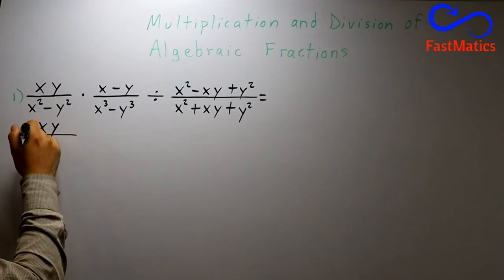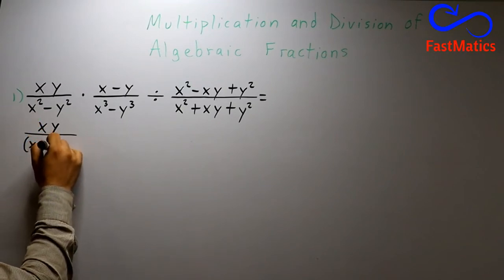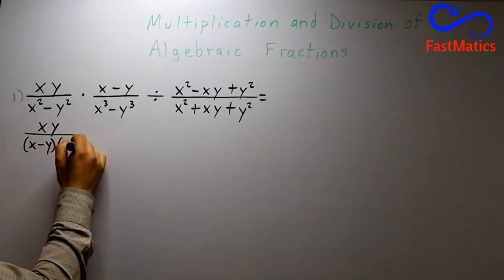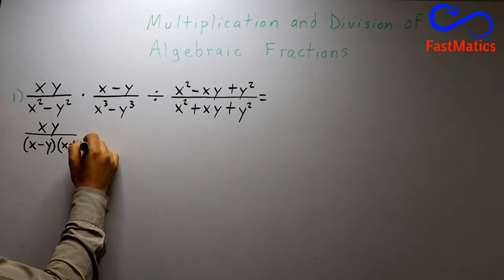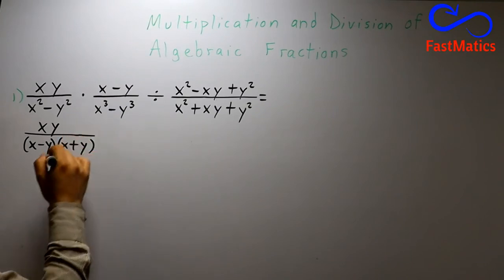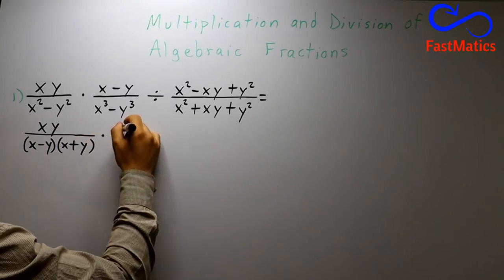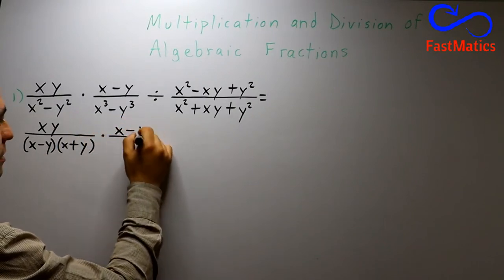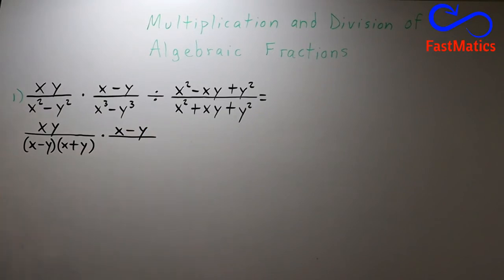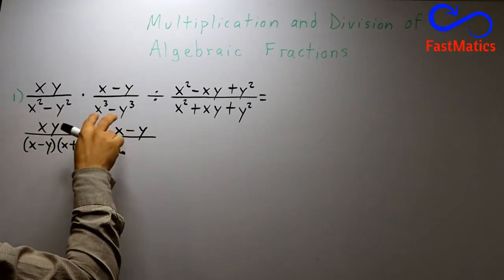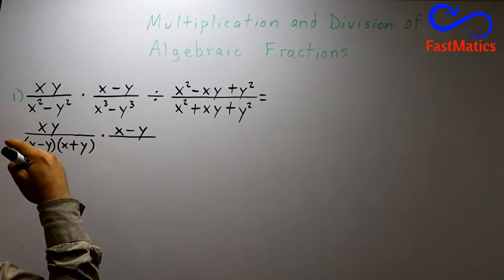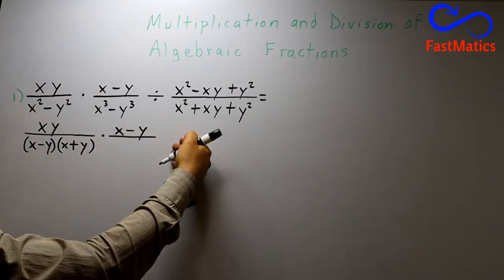So we take the square root of both in a parenthesis with a positive sign and in a parenthesis with a negative sign. After that, x minus y is not factorizable, and here we see the list of cases of